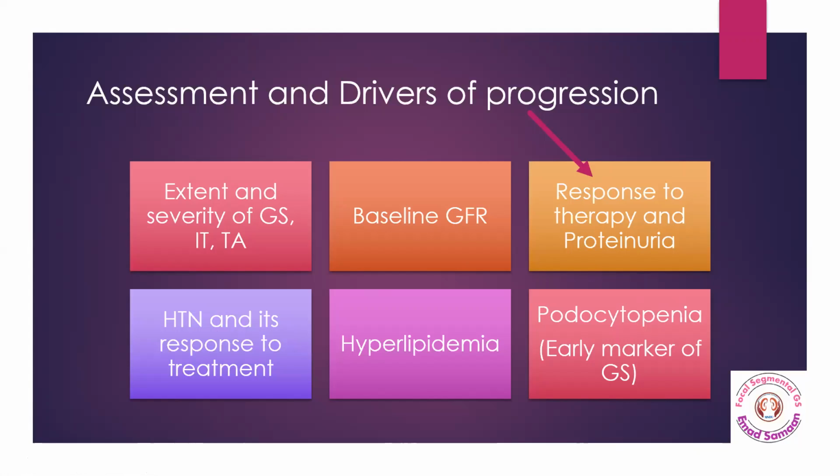We talked in the pathophysiology that focal segmental is a pathology of detachment, partial detachment of the podocytes, and then it will cause podocytopenia. And podocytopenia is an early marker for glomerulosclerosis. So it is not only histopathological. It is a mix from light microscopy, electron microscopy, and the clinical, because we don't have any ideal surrogate marker